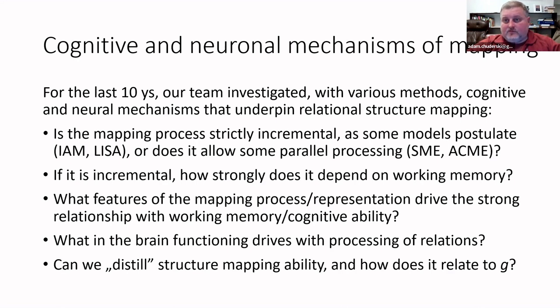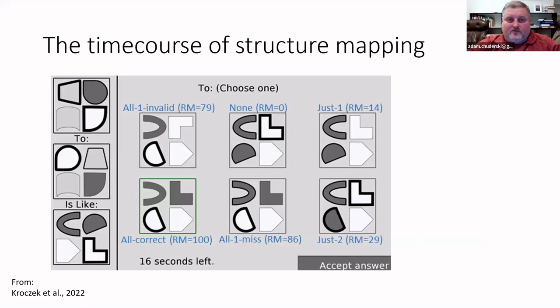And if we succeed in developing such a task, how does it relate to general cognition, general cognitive ability? So these are the research questions, and I will now start with the first eye tracking study. This was our task, so you already know what people have to do in these tasks. What was, I think, original about this task was that we